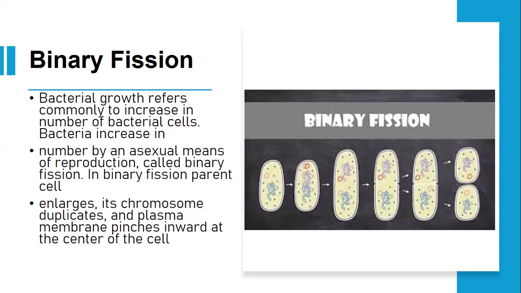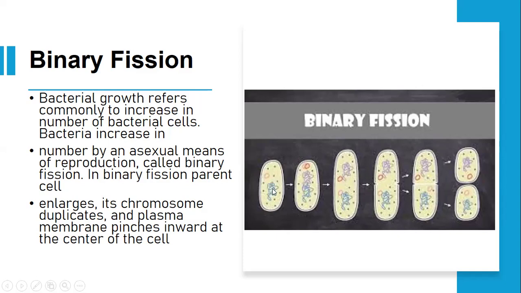The bacterial growth refers commonly to an increase in the number of bacterial cells. Bacteria increase in number by an asexual means of reproduction that is known as binary fission. In binary fission, the parent cell enlarges, its chromosomes duplicate, and the plasma membrane pinches inward at the center of the cell. In this process, one cell of the bacterium divides into two cells by multiplying the nucleoid as well